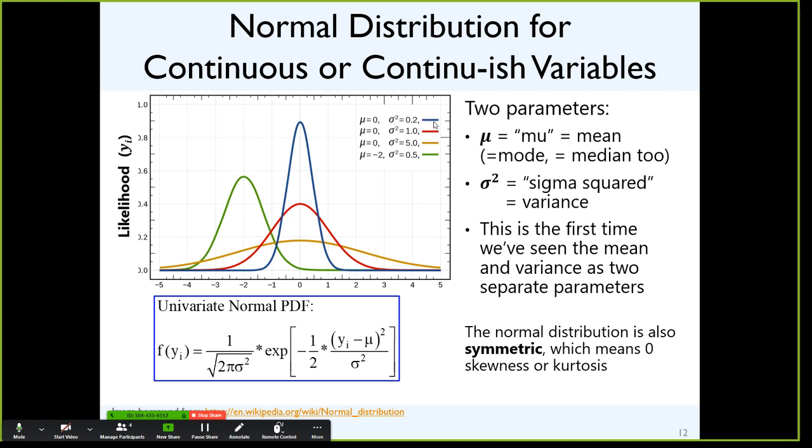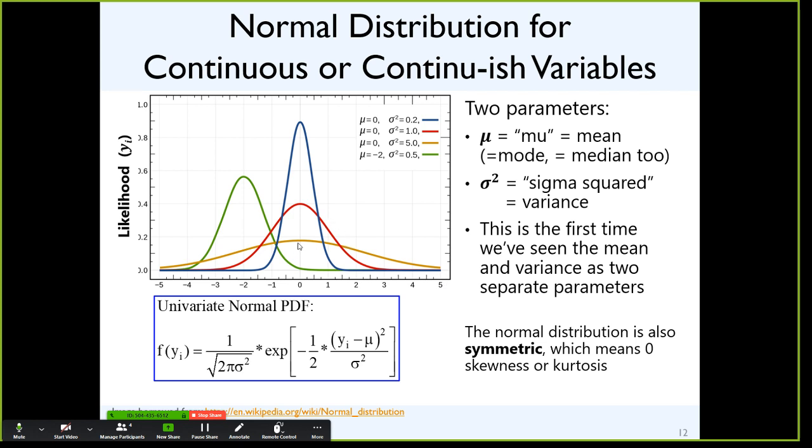Blue has a variance of 0.2. Yeah, and the decimals matter. Commas matter and decimals matter. The red line has a variance of 1, and the orange line has a variance of 5. So this is the width of the distribution. If I'm trying to predict for the orange people here, I can say that the most likely value is 0, but it's not all that much more likely than any of the others. So we really have to know 2 things to think about how to make predictions here.